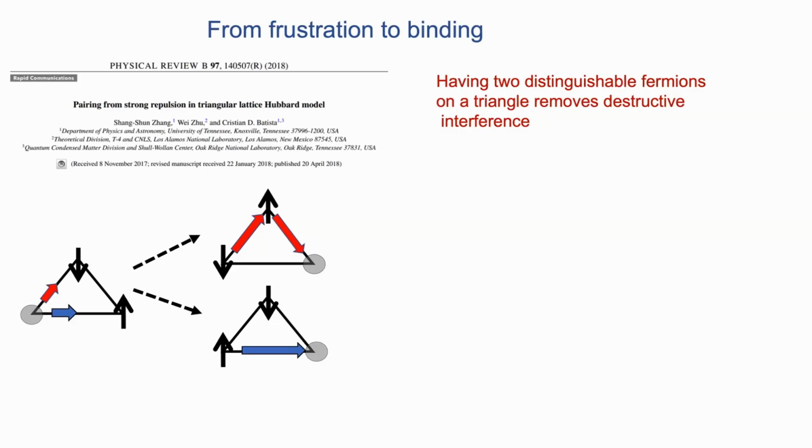But now let us assume that we have different spins. So now when the hole moves through the two trajectories, like the lower or the upper one, we end up with different spin configurations. And if we have different spin configurations, well, we no longer add the amplitudes, and therefore we don't have destructive interference.